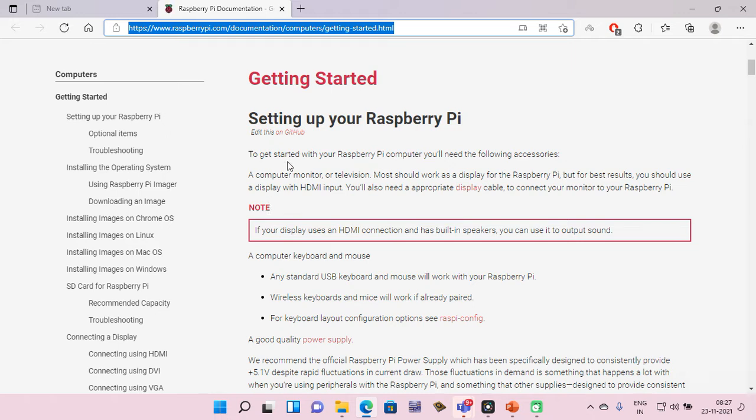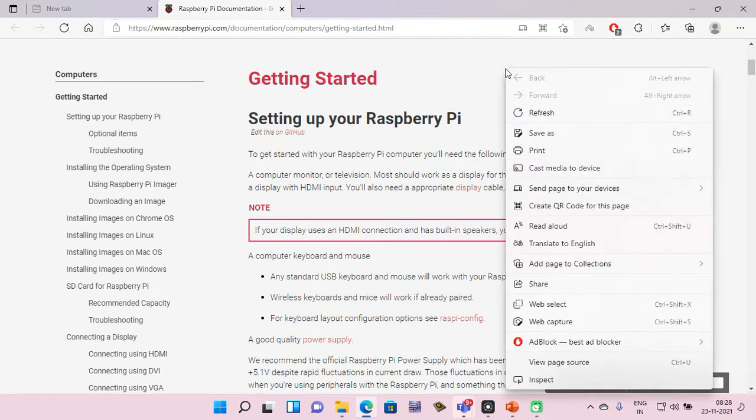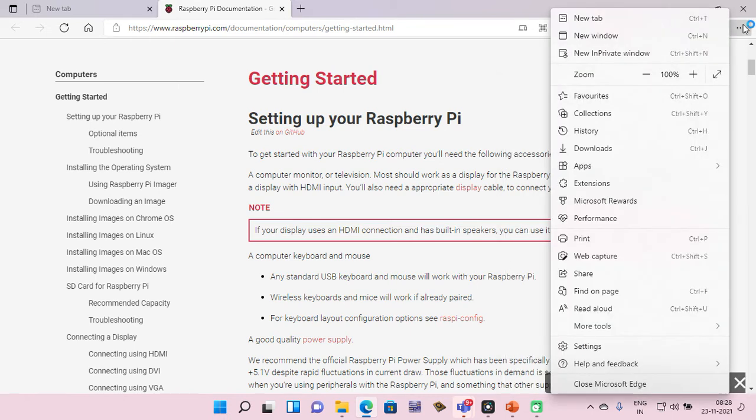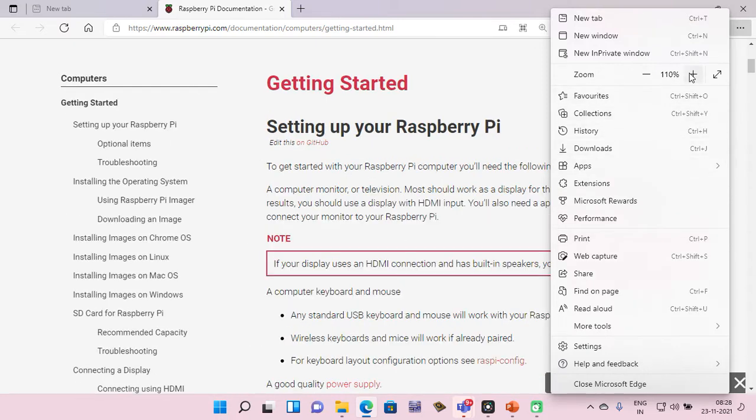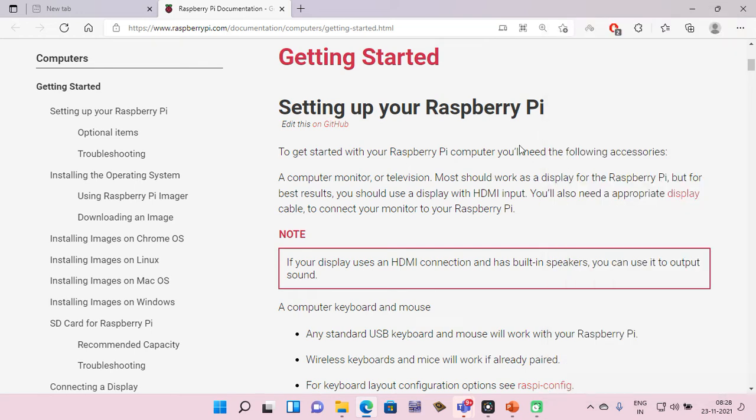To get started with your Raspberry Pi computer, you will need the following accessories. Let me just enlarge it a little bit for ease.